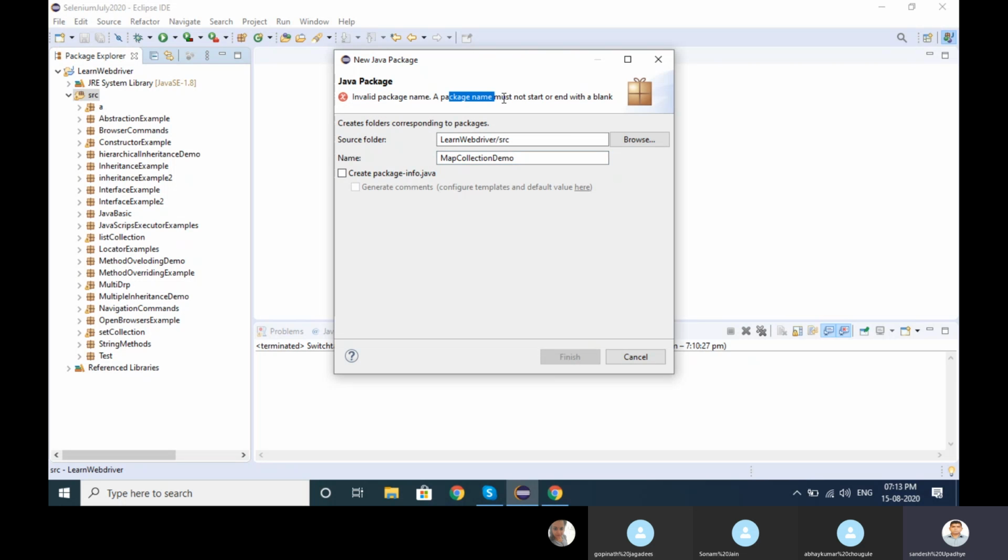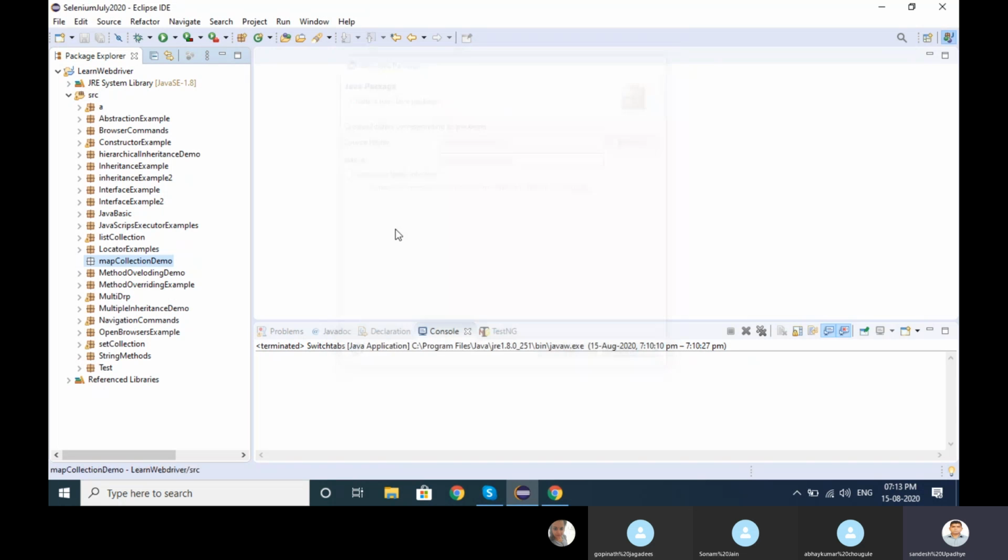A package name must not start and end with a blank. I mistakenly put one blank space over here. And again, if I remove this, it's showing a warning, discouraged package name. By convention, package names usually start with lowercase. So I need to make it lowercase map, correct?